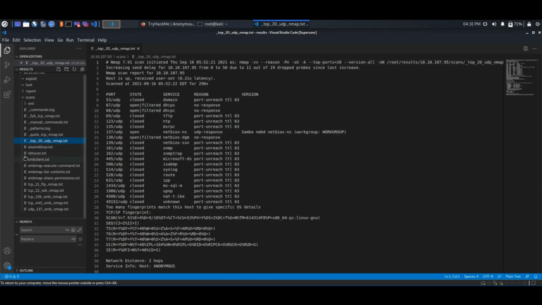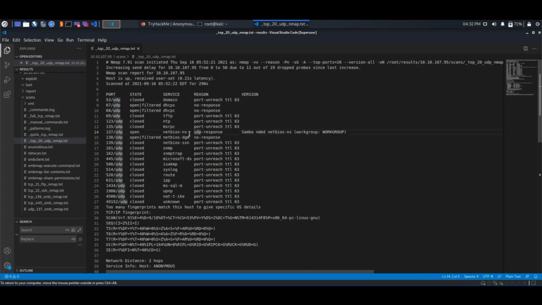Now UDP is also important because in many cases while we are doing the manual pen test, we forget testing or looking for UDP ports, and sometimes it causes a lot of missed targets, a lot of missed points. So it's default for AutoRecon to perform the UDP scan. As you can see, here is the result, and there is port 137 open that says NetBIOS NS.